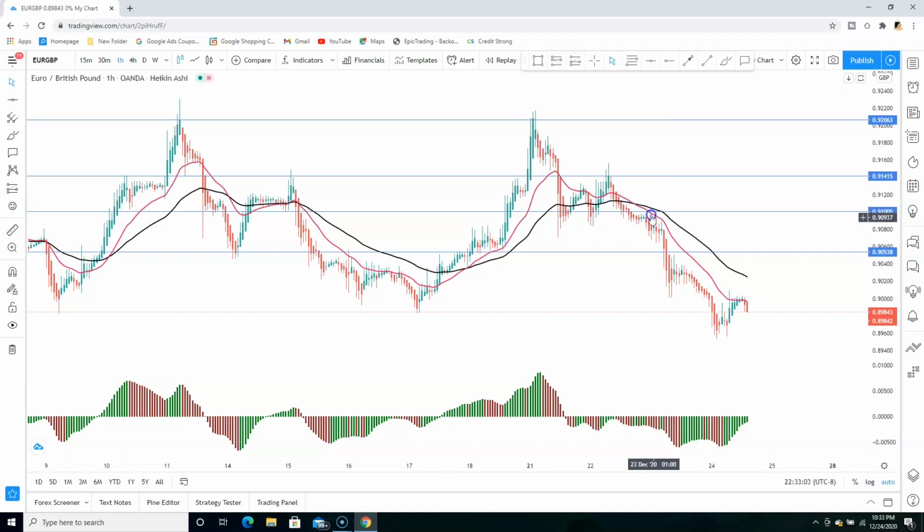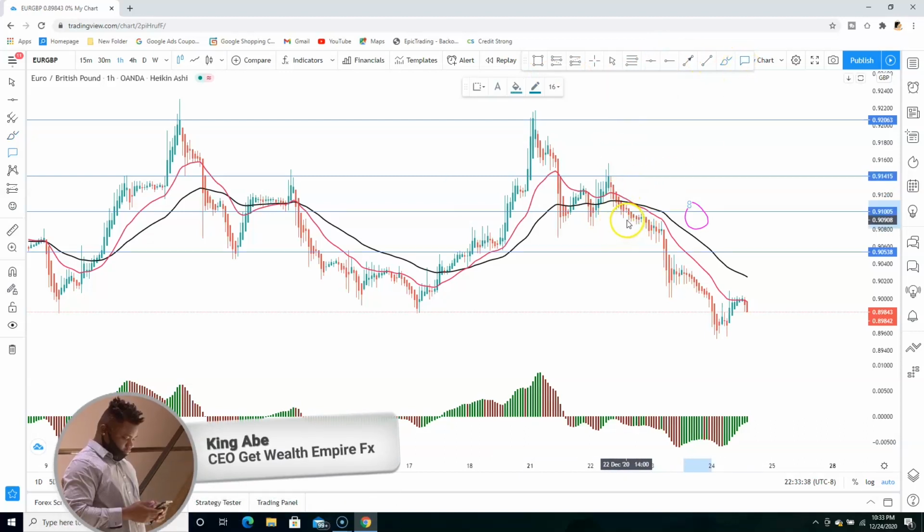The cross happened. Now, what about my support? Right here, this was a resistance zone, and over here, it became our support zone. So what do you do? You wait until price eventually breaks your support zone and closes below your support zone. Then that's when you get in and place your sell trade, and your entry would have been